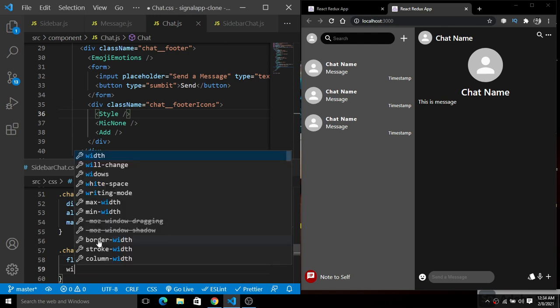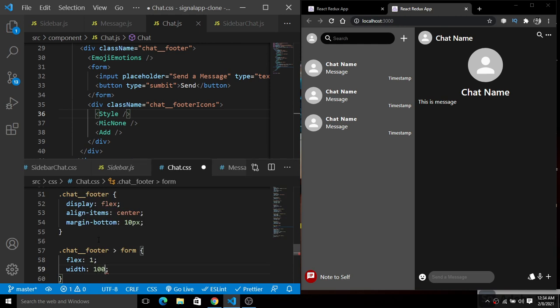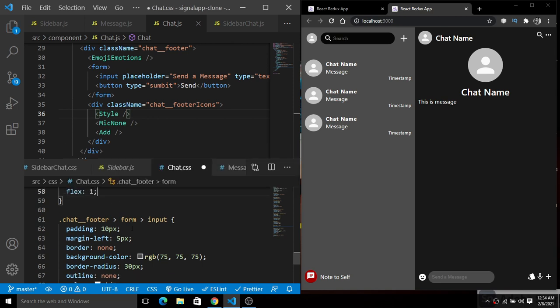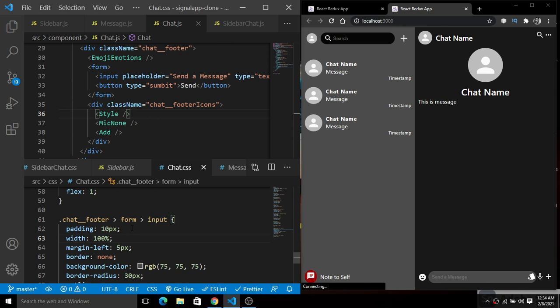And now we will simply give the width of 100%. Now save this. Okay, instead of giving width to this, we'll simply provide this width to the input field, so that it will be stretched to the available space here. So simply put a width of 100% to this.